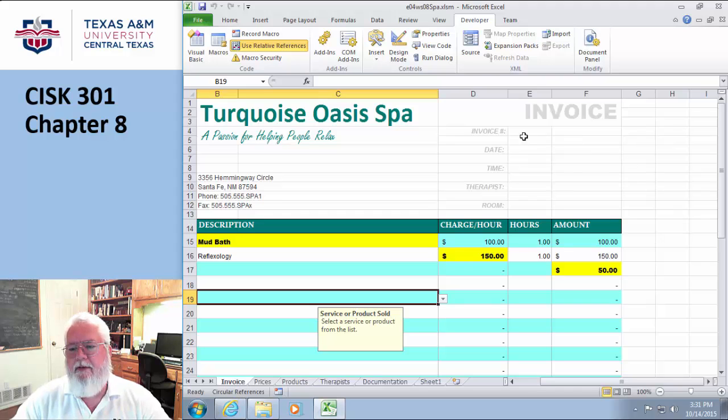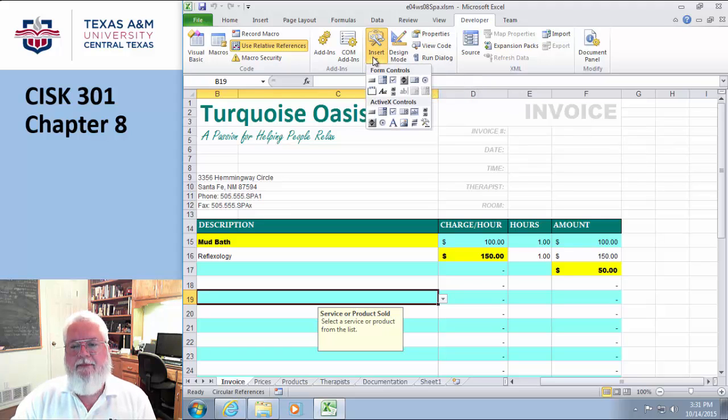Okay. So the next thing we're going to do is, maybe I don't want to do all this with a control key, just a keyboard thing. Maybe I want to do it with a button. I want a button out there that says clear invoice, so I don't have to remember, wait a minute, is it Control C or what is it? So I'm going to go to the insert tab, and in the insert they have a list of controls,